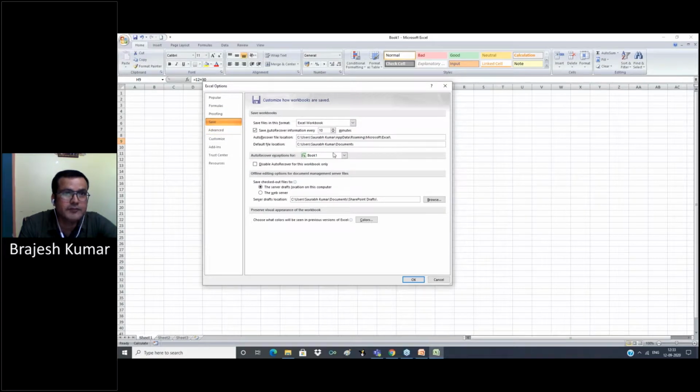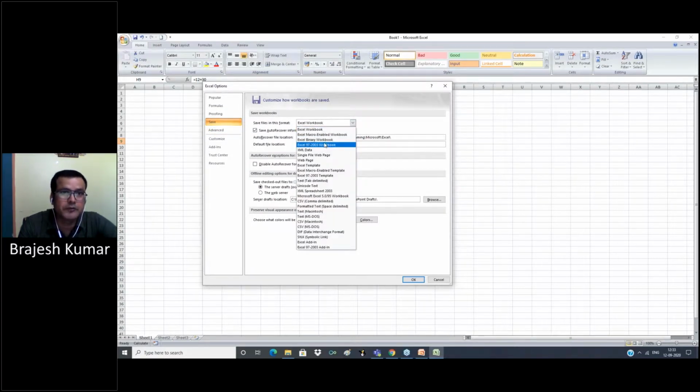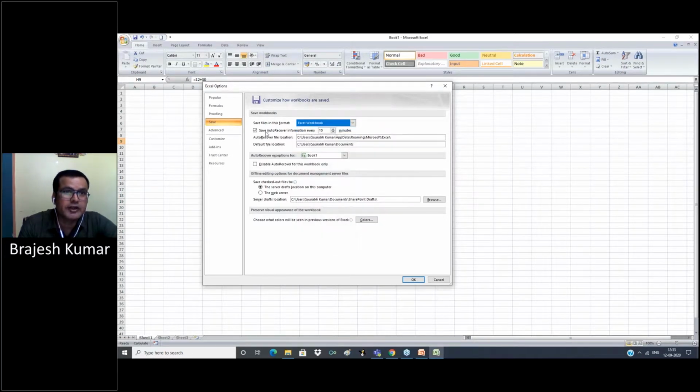Save option is the same. You can select which format you want to save the Excel workbook in, Excel 97 binary by default. If you want to save your Excel in CSV format, then you can select CSV. Otherwise, select Excel workbook. Save AutoRecover information every 10 minutes: every 10 minutes, every 9 minutes, every 11 minutes, 12 minutes, you can set this time.